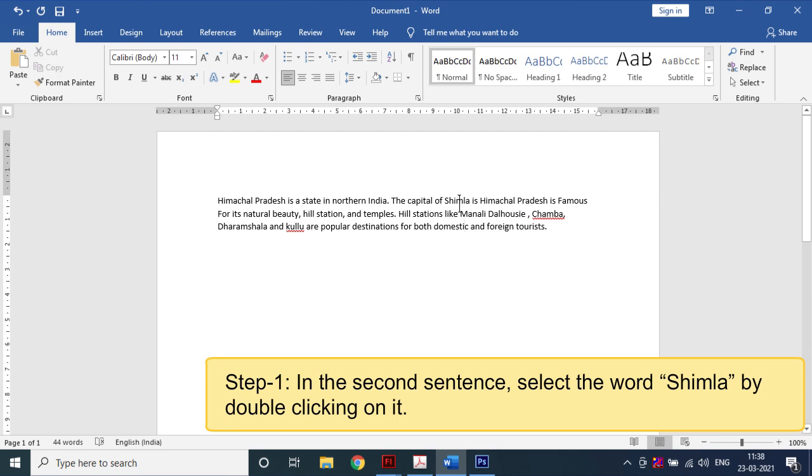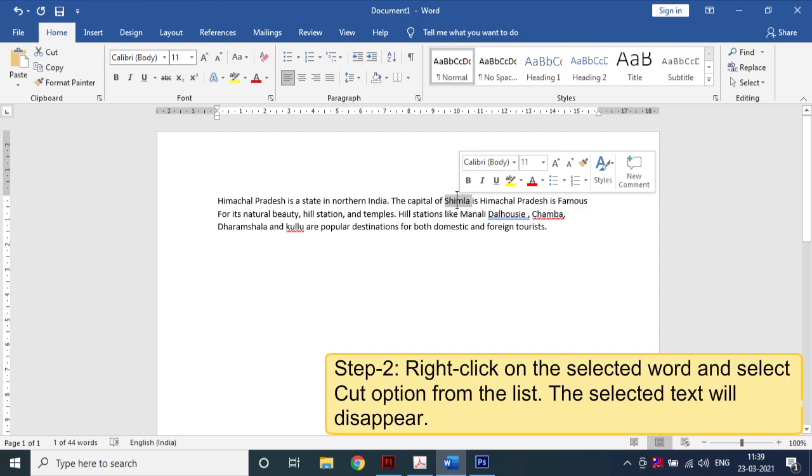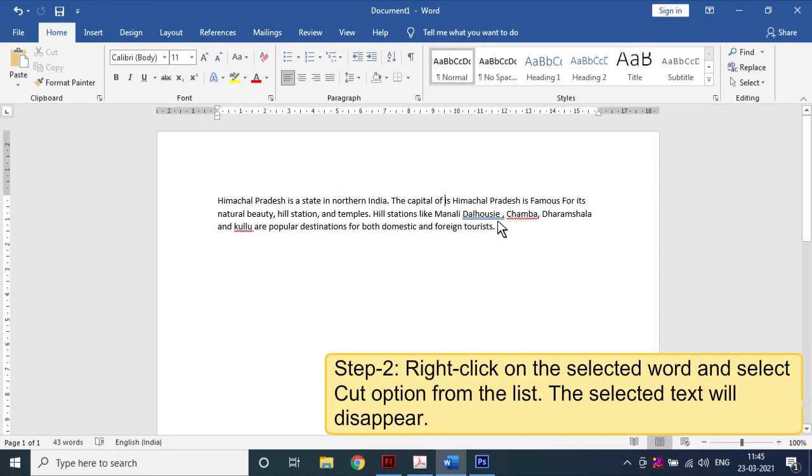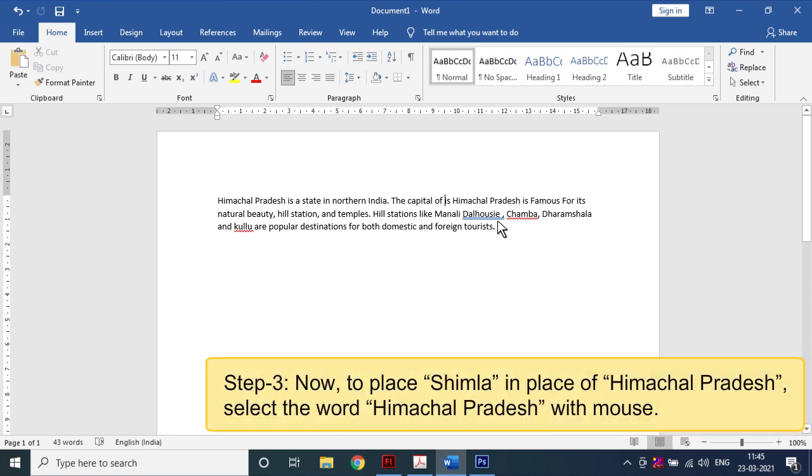Step 1. In the second sentence, select the word Shimla by double-clicking on it. Step 2. Right-click on the selected word and select the Cut option from the list. The selected text will disappear. Step 3. Now to place Shimla in place of Himachal Pradesh,